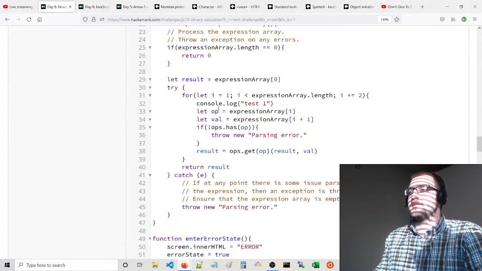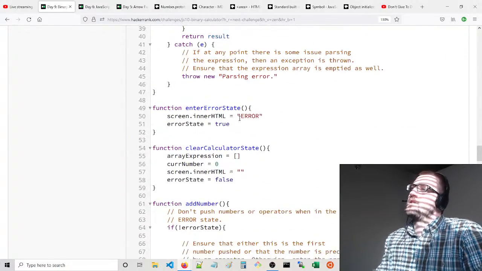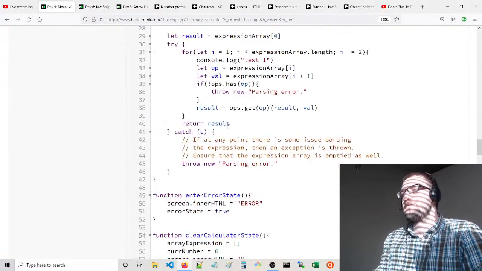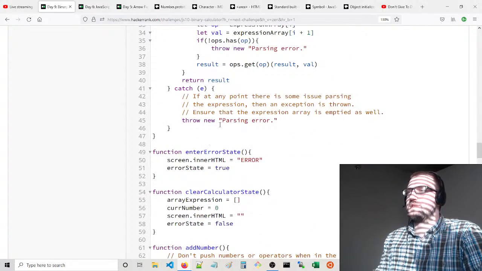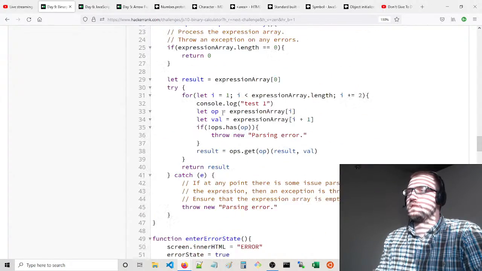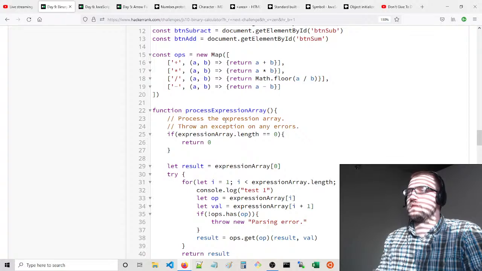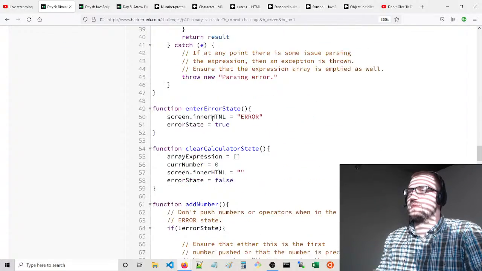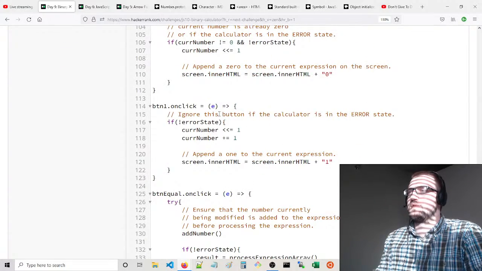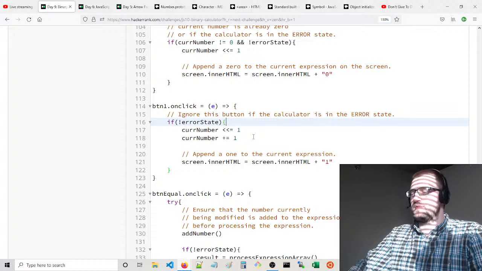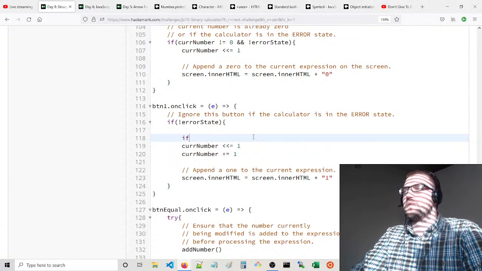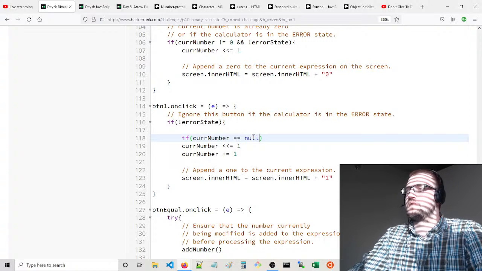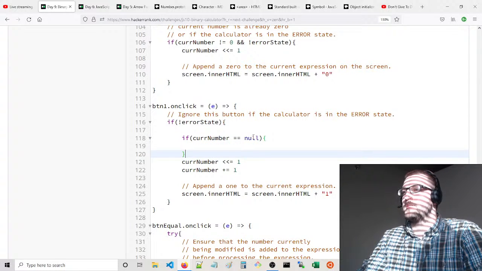Current number is null. And you'd say, when you press your buttons for 1 or for 0, if current number is equal to null, then